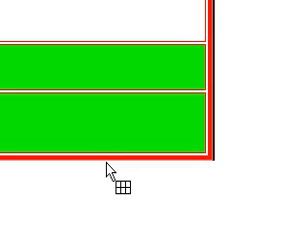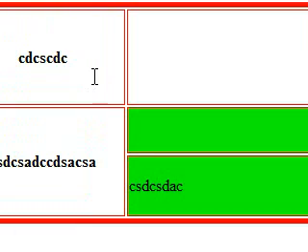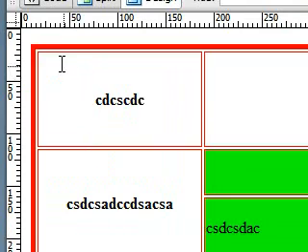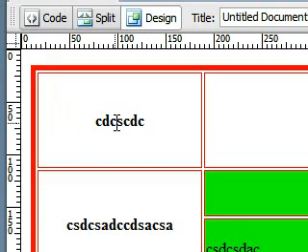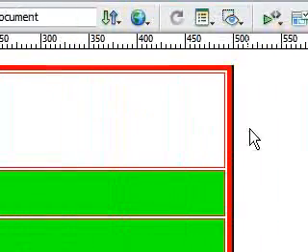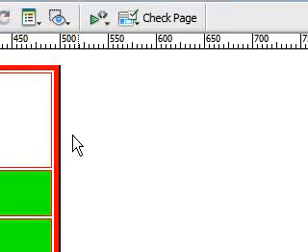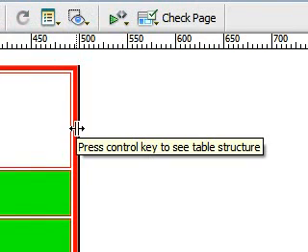And the last thing, and probably the most important thing you guys are going to take away from this tutorial, is how to align your table. As you can see, our table is now aligned to the left hand side of the website with a big open space to the right hand side. To change this,